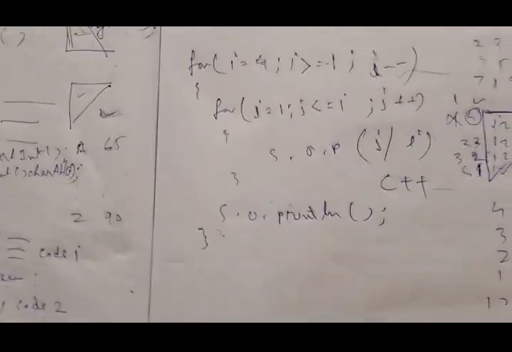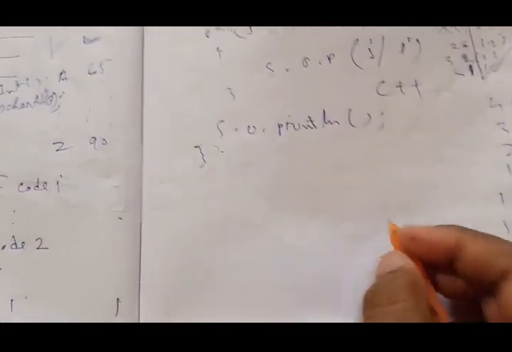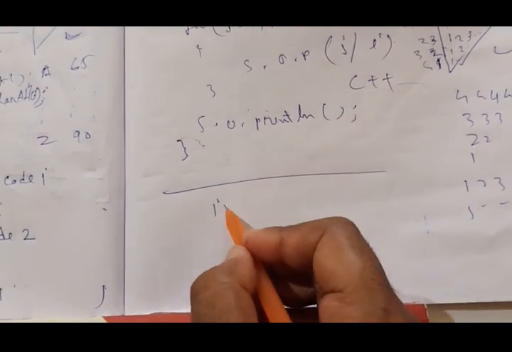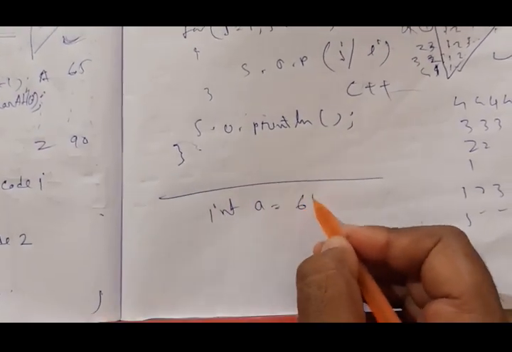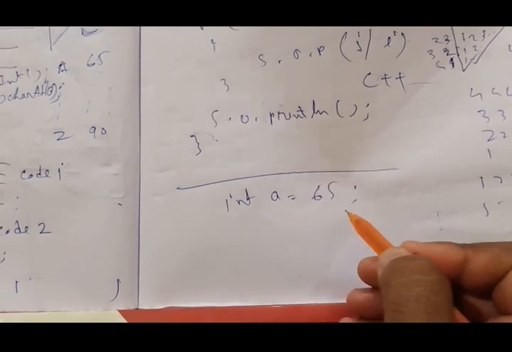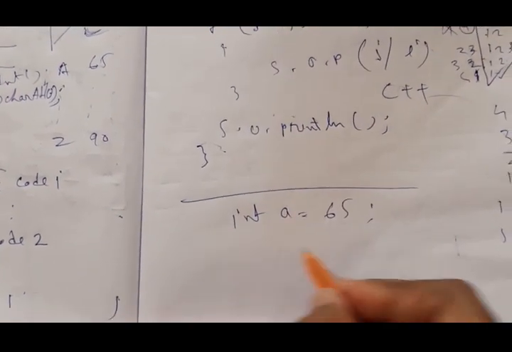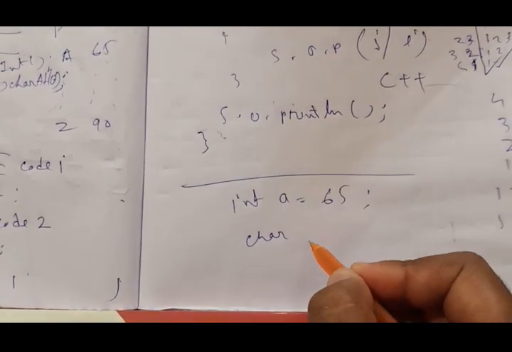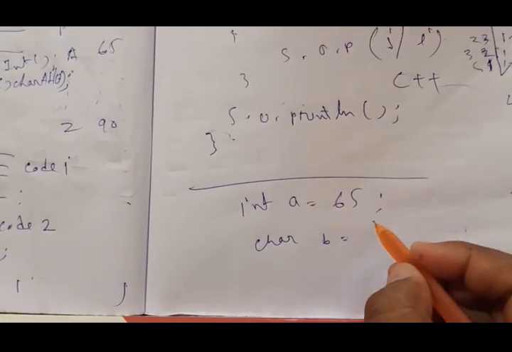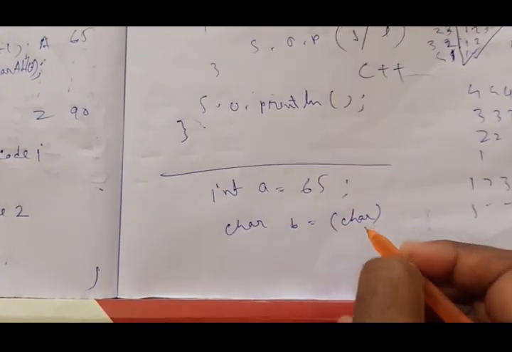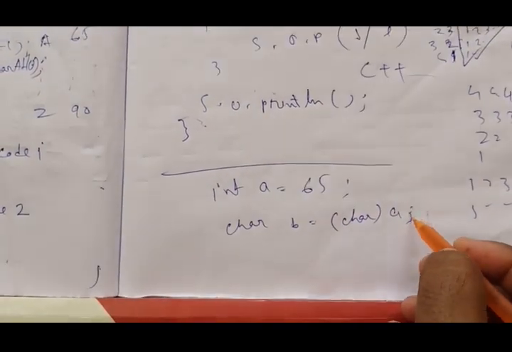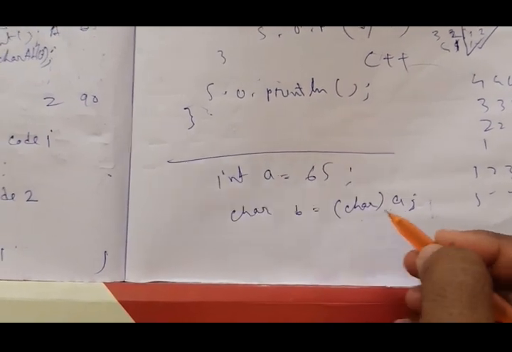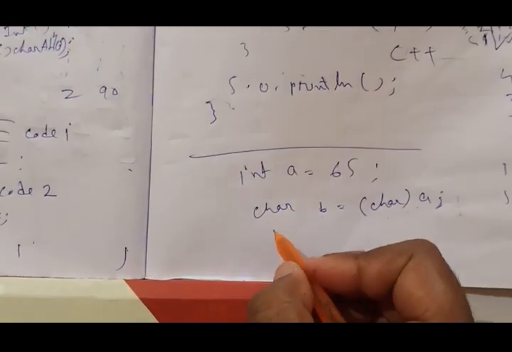And one more thing, the last one is conversion of character to integer and integer to character. You just have a look. Suppose you have a variable int a is equal to 65. How do you convert this 65 to a character, the ASCII value? Suppose b is a character type. Simply write char within brackets and write a, to convert whatever the value of a into a character, and we get the value inside b.